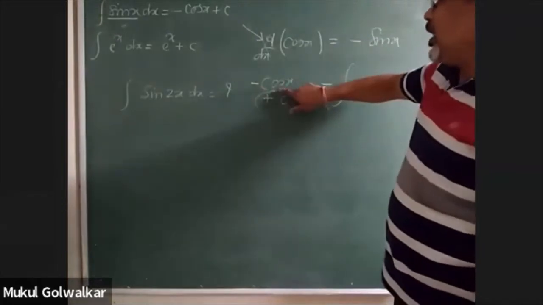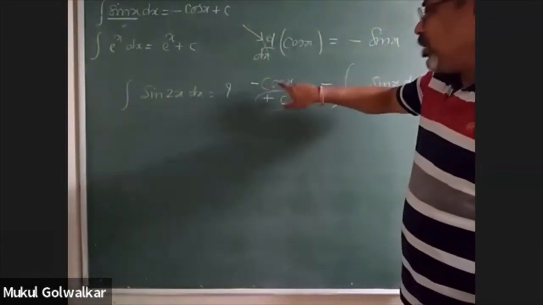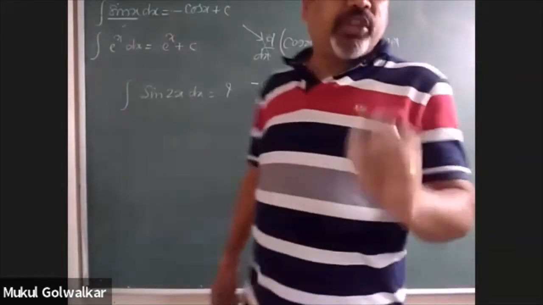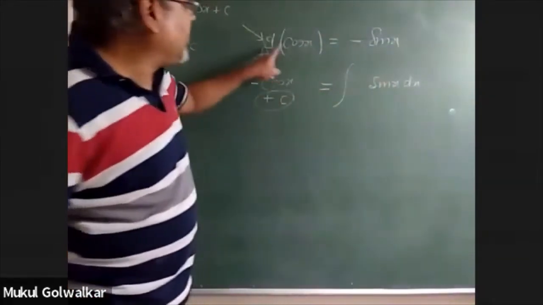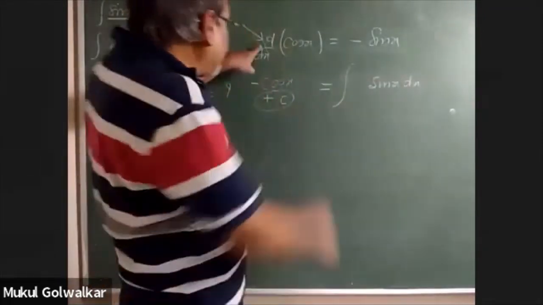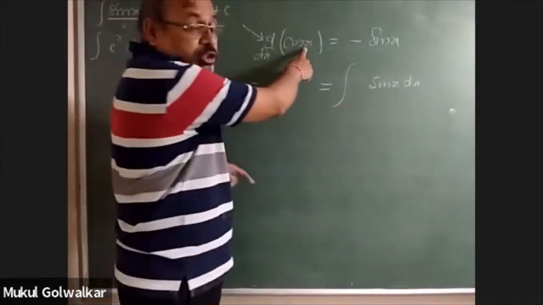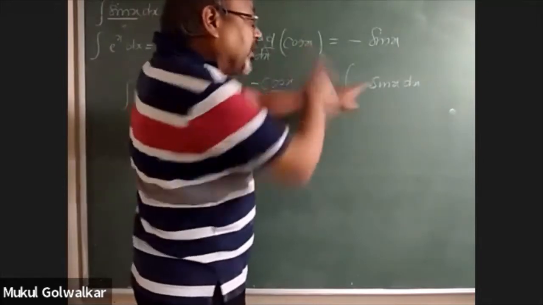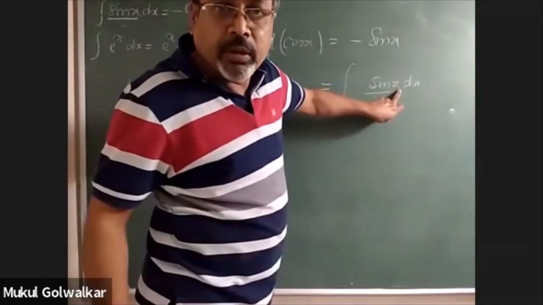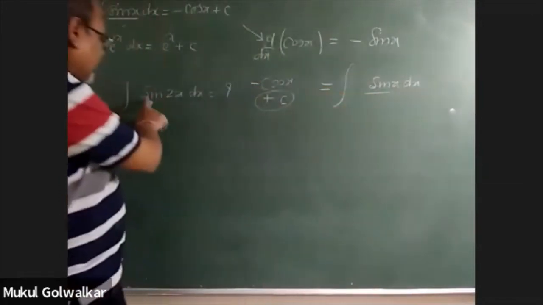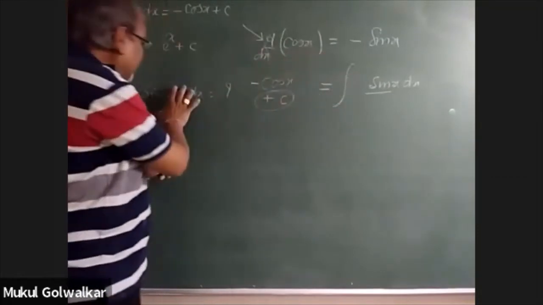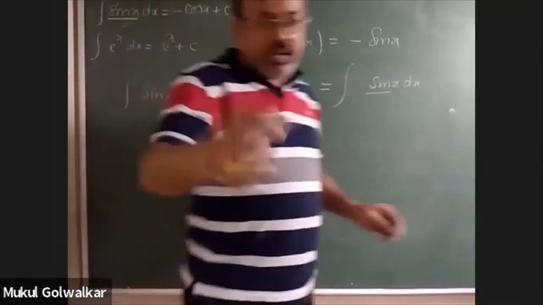So you could see that this minus cos x, we got the answer of integration of sin x, and this standard procedure, it is operated on the function of x only. The process of differentiation also, it was performed on a function of x, as well as the process of integration also is performed on the function of x. And now you see that this sin 2x, this is not the function of x, it is something different. Okay, I just take one example.